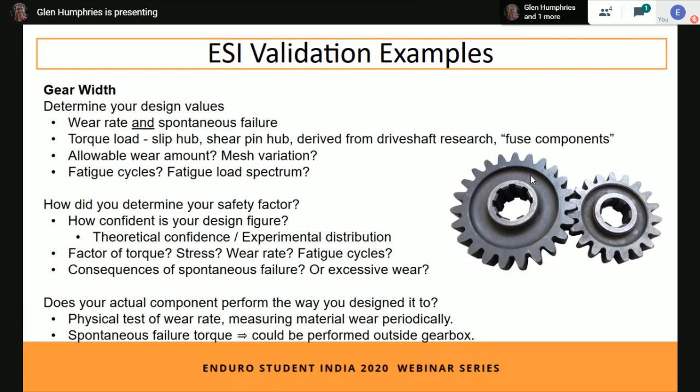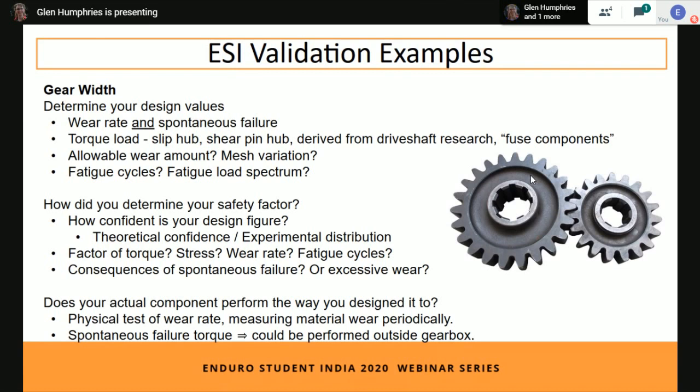Are you putting a factor of safety on the amount of torque? Double 400 newton meters up to 800 newton meters. Are you putting a factor of safety on the stress because you don't trust the material? On the wear rate, because whatever you use to calculate wear rate, I'll confess I'm not very familiar with